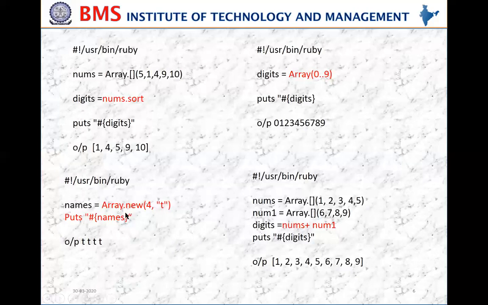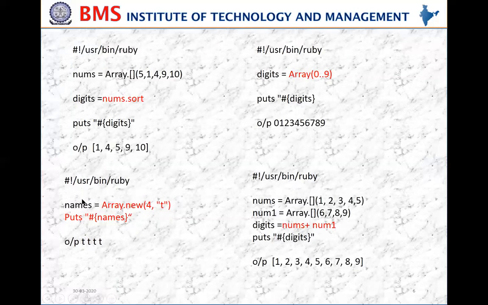Next, we want to print something n number of times. So we can write Array.new 4 with a character name. I want to print the character T 4 times. I don't want to use for loops or any kind of control statements. Now I'm converting this